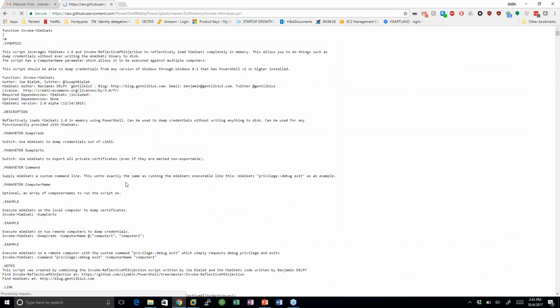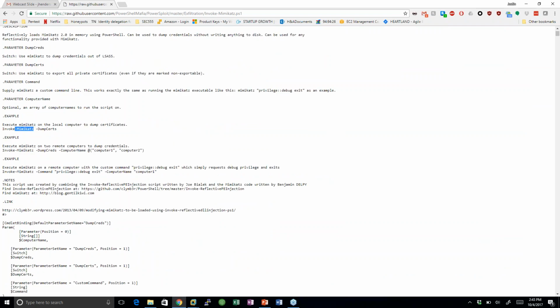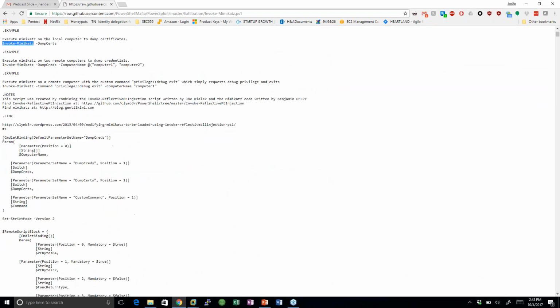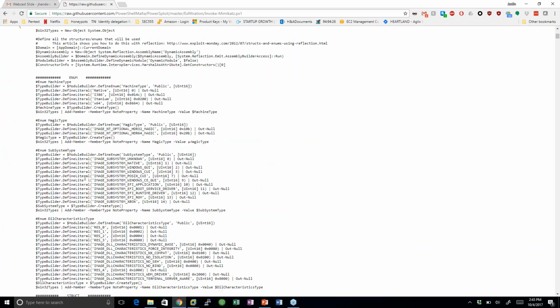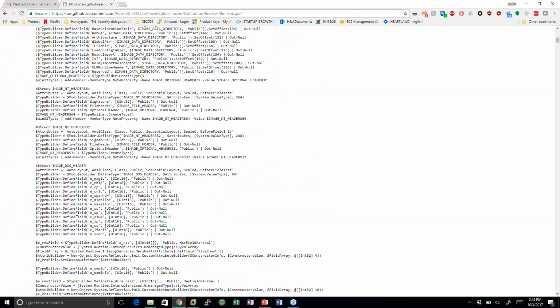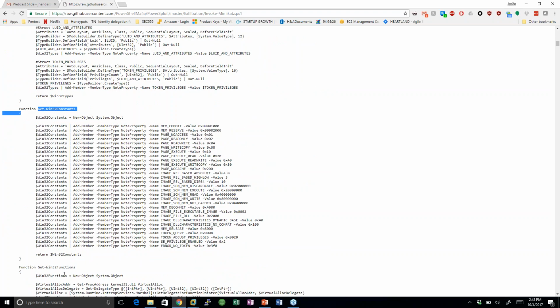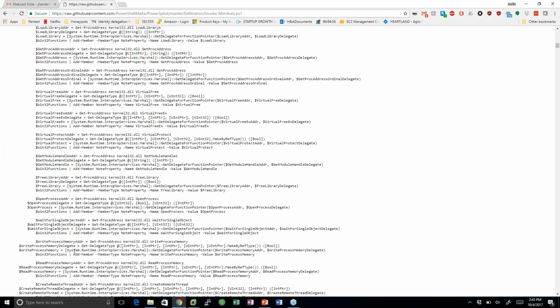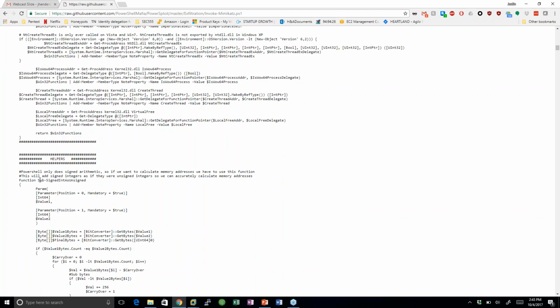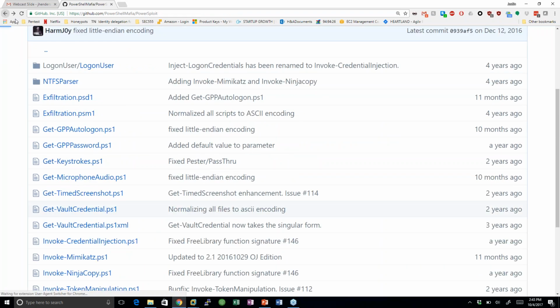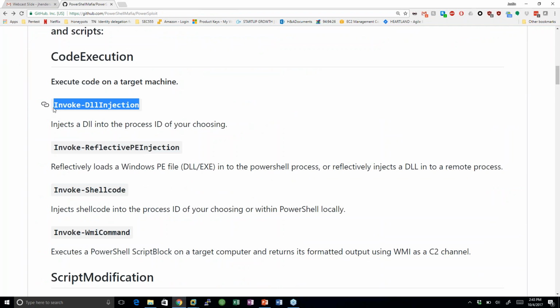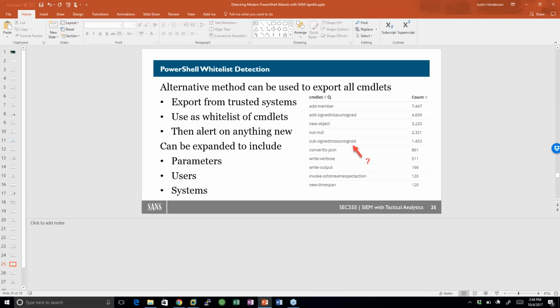Oh, here we go. So as an example, in your environment, do you have a commandlet called Invoke-Mimikatz? Okay, maybe not. How about Get-Win32Types? How about Get-Win32Constants, Win32Functions? We have all these different commandlets, sub, sign, int, unsign. This whole framework is just chock full of stuff you would never see. Again, just looking through here. How about Invoke-Shellcode, Invoke-DllInjection, Invoke-WmiCommand? These are probably commandlets you're not using in your environment.